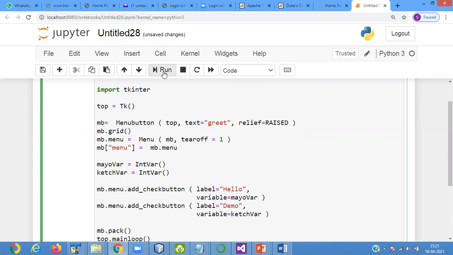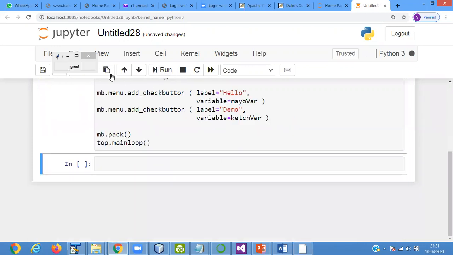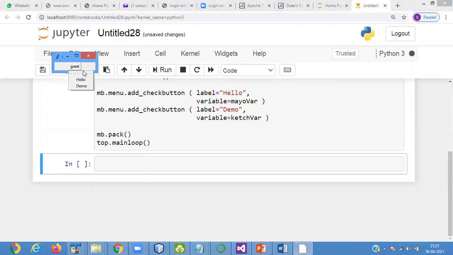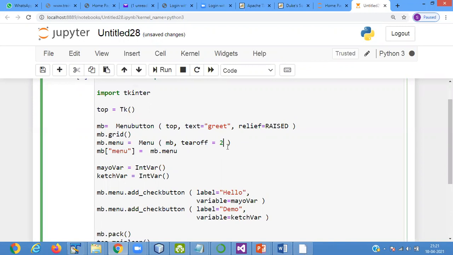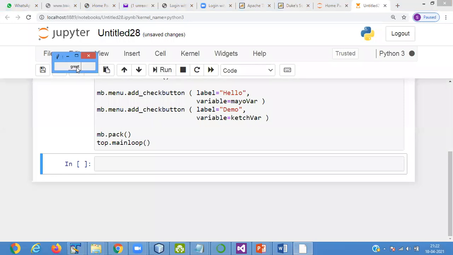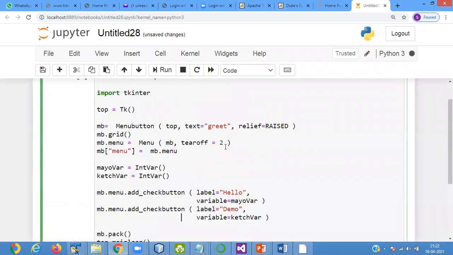So check here. See there, tearoff 1. If I use here tearoff 2, so it is used here. It allow you to detach the menu.